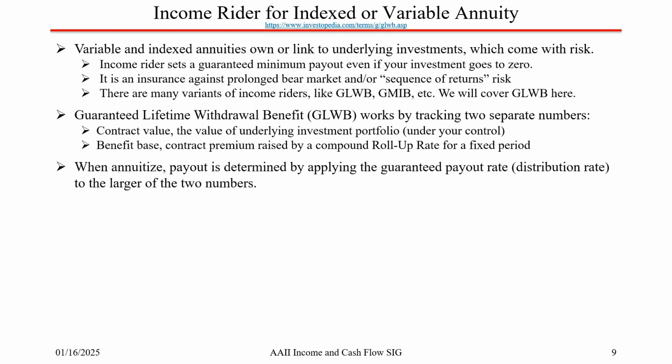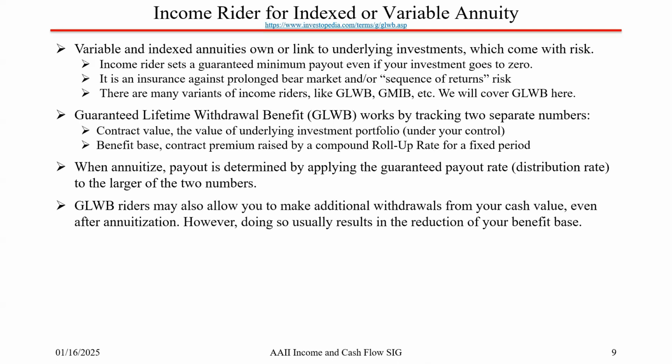When annuitized, payout is determined by applying the guaranteed payout rate, or the distribution rate, to the larger of the following two numbers: the contract value or the benefit base. This rider may also allow you to make additional withdrawals from your cash value, even after annuitization. Usually once you annuitize, you can't take money out, but this one lets you. But doing so, of course, reduces your benefit base and